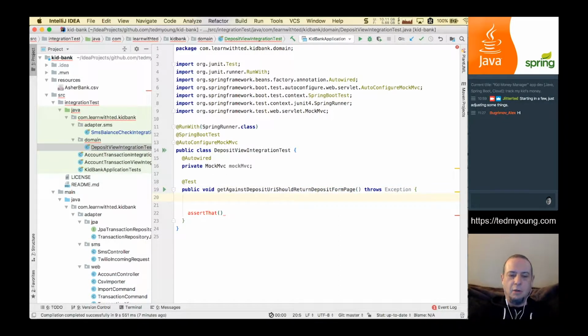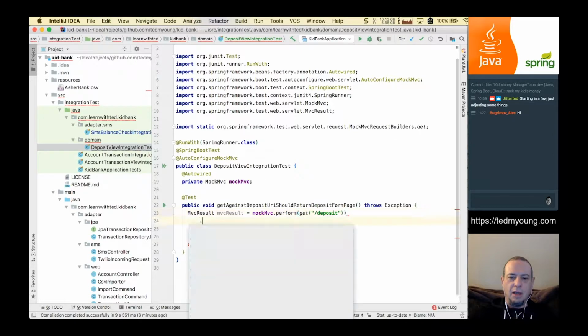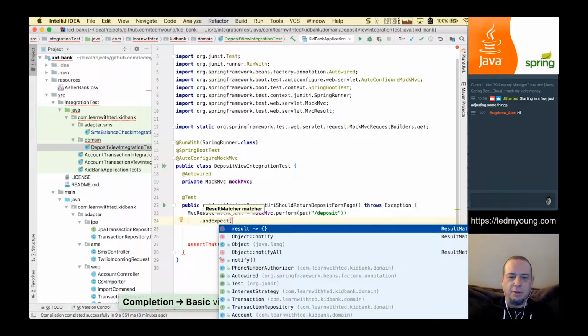So what we're saying is that if we go to /deposit, we want to expect that, what do we expect? We expect that